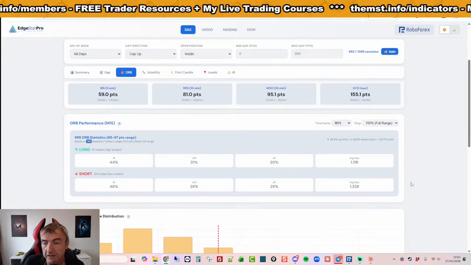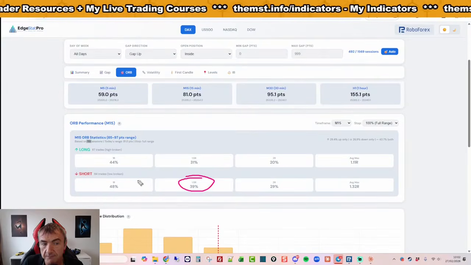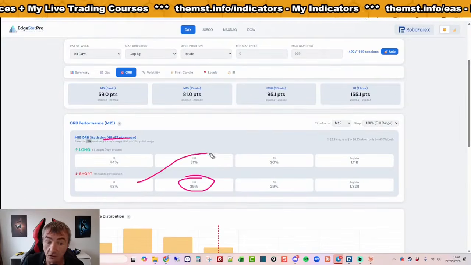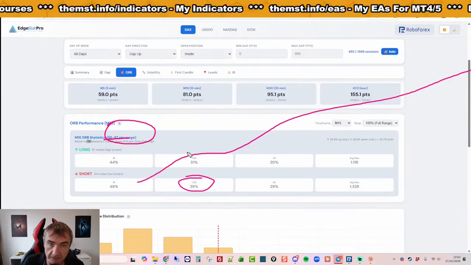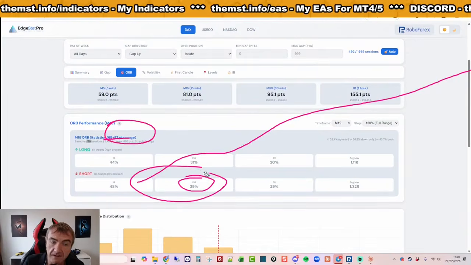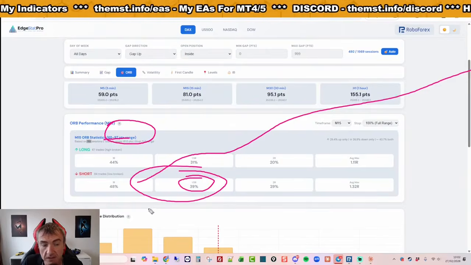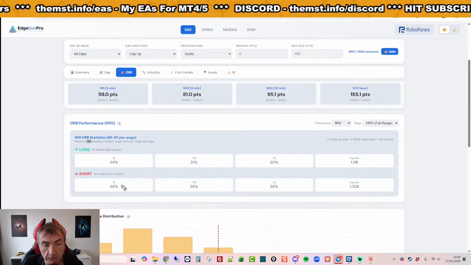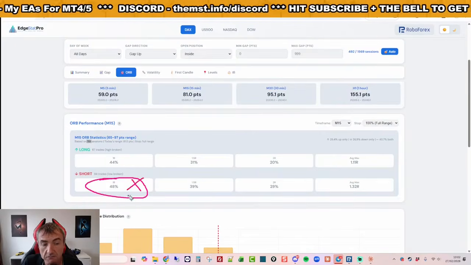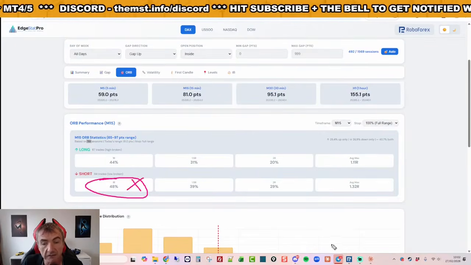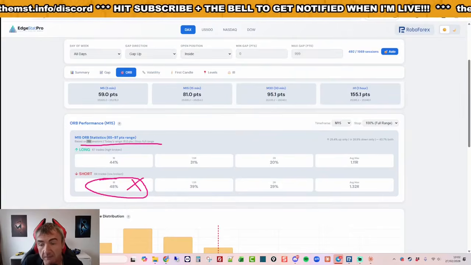So there you can see it's all highlighted in grey because there is no edge on that size. But long term, we know there is, but short term on that size of range, and this is the thing that the EA cannot do. It can't do this mathematical equation. So today, I would probably have taken a short 1R, which would have failed, but wouldn't bother with anything else today. Because statistically, it's unlikely to get that movement.